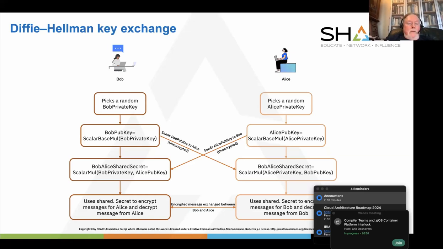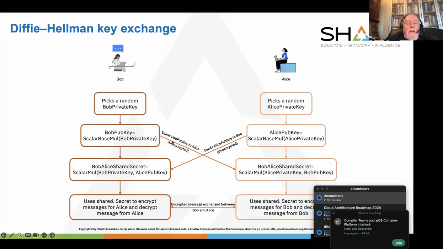But he just takes a random number, calls it his private key, and then does an operation. This is the elliptic curve operation called scalar base multiplication. So if you look in our library, and you can look at the source code that we have in Go if you're interested in that kind of stuff, you can see there's a definition of a function written in assembly called scalar base mul. And this takes this private key and turns it into a public key that can be shared on an open network. And he sends it to Alice, completely in the open. Anybody can read it,